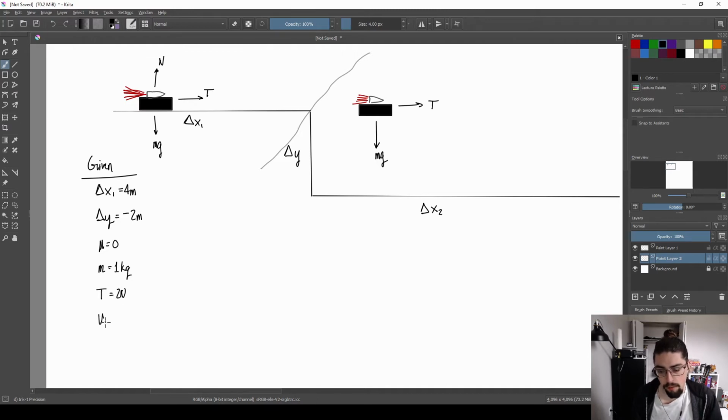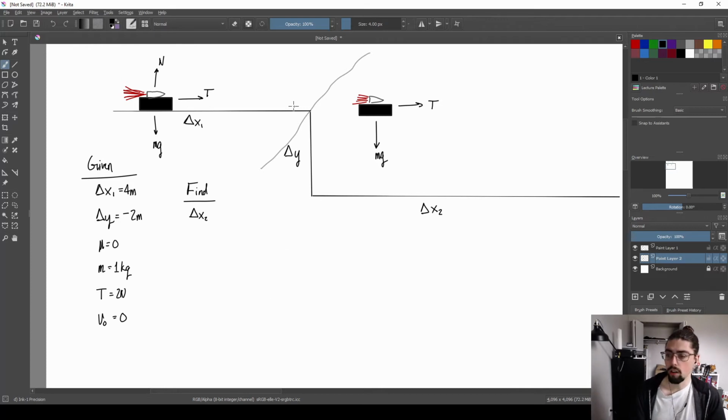We know the very initial velocity is supposed to be 0. It starts from rest, and then it starts flying off from that. And I think that's pretty much all the details that we've got. I think that's fine. So we need to find delta x2. So let me start with that. Let me say, okay,